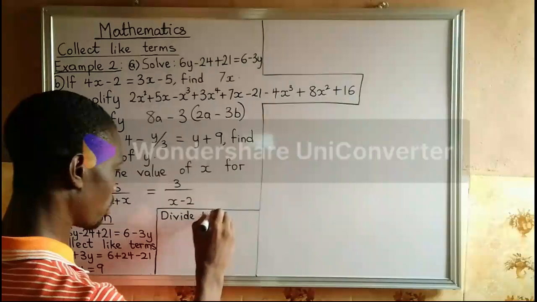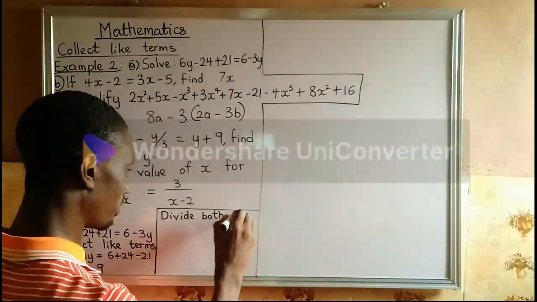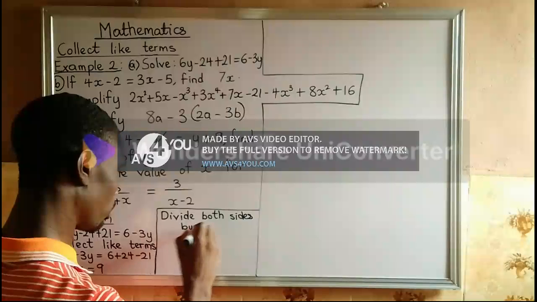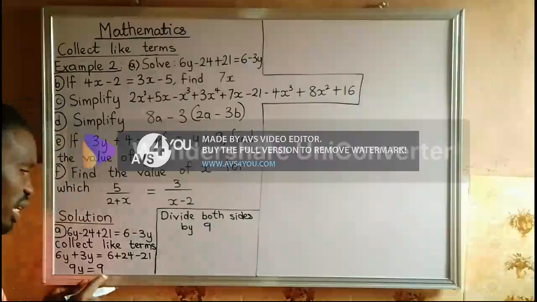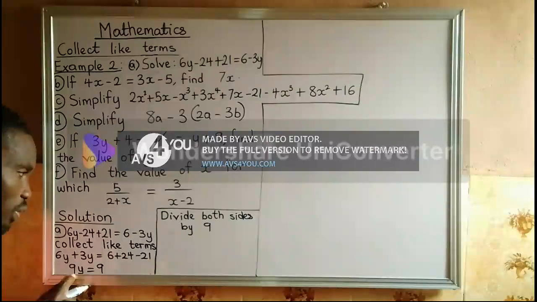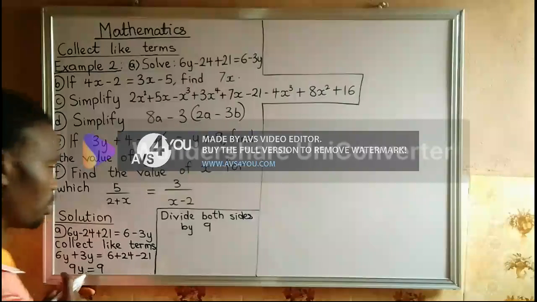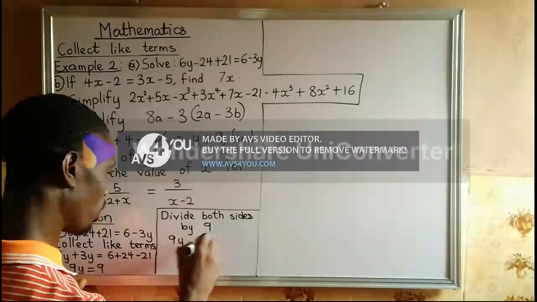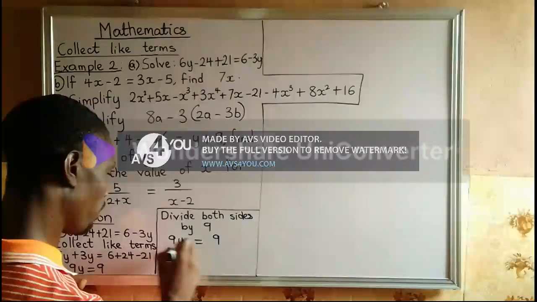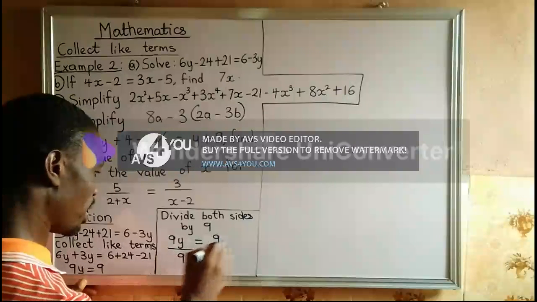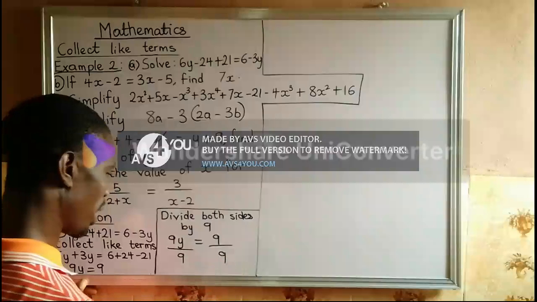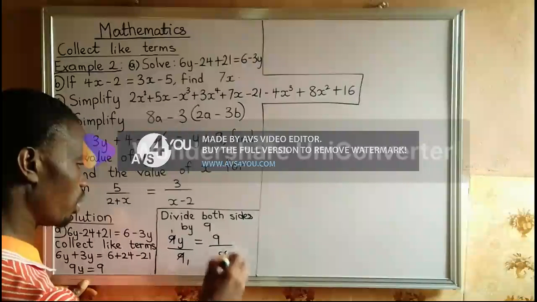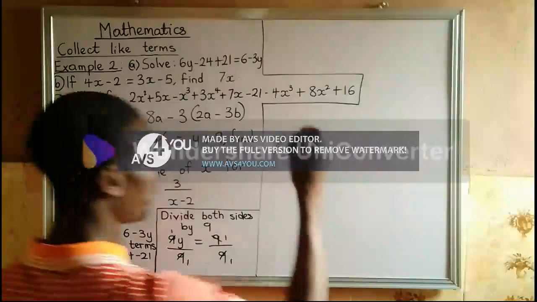both sides by 9. Not this 9, but this 9, the coefficient of the variable you are looking for. So on the first side we have 9y, and on the other side we have 9. So you divide the first side by 9 and also the second side by 9 too. 9 here 1, 9 here 1, 9 here 1, 9 here 1, and therefore